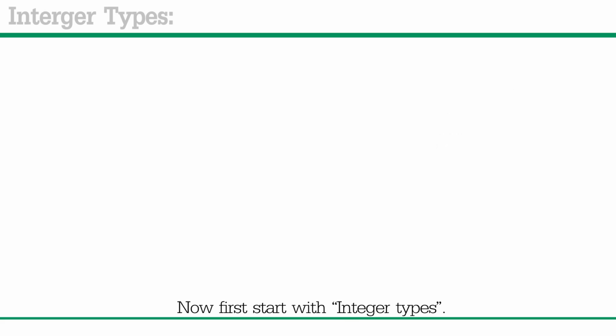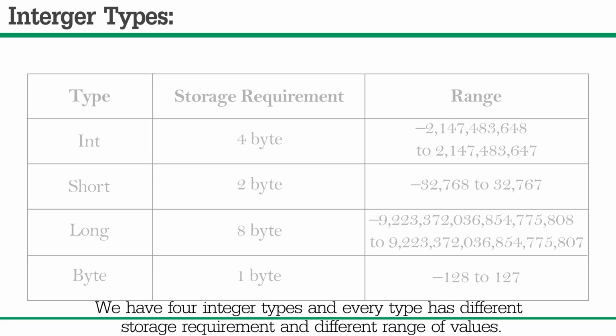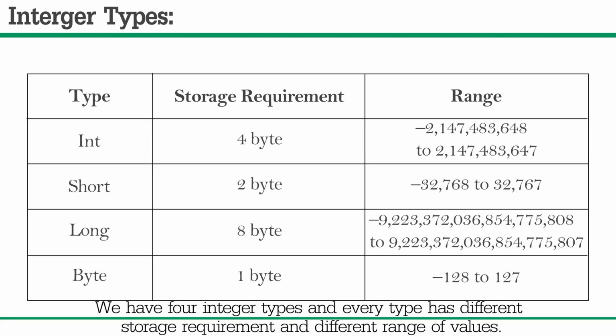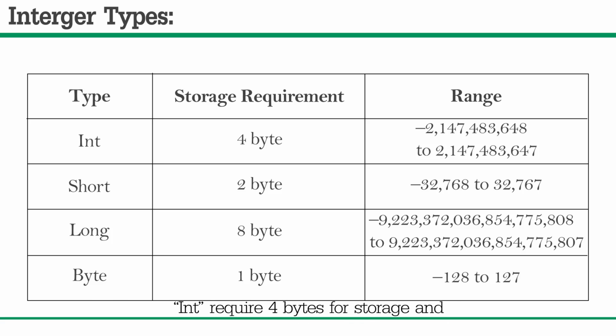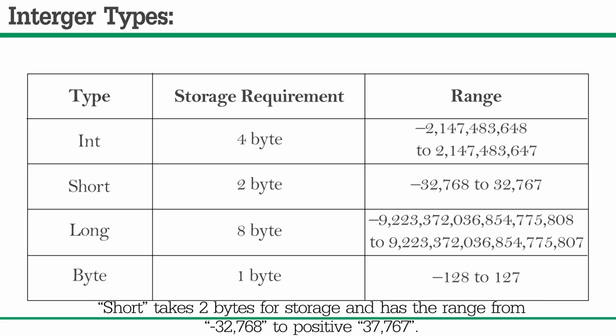Now first start with integer types. We have 4 integer types and every type has different storage requirement and different range of values. Int requires 4 bytes for storage and has the range from minus 2,147,483,648 to positive 2,147,483,647. Short takes 2 bytes for storage and has the range from minus 32,768 to positive